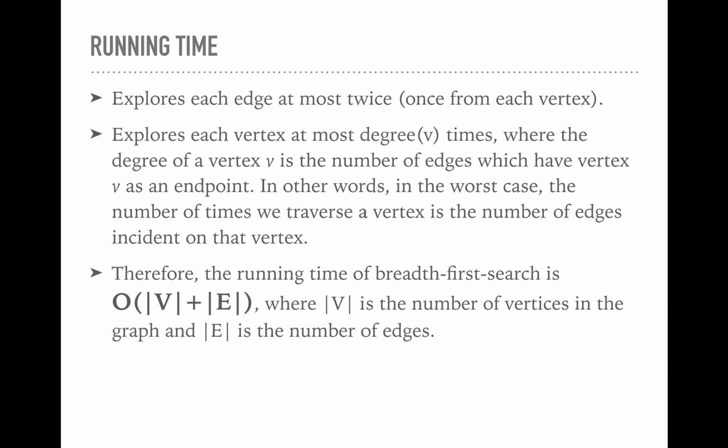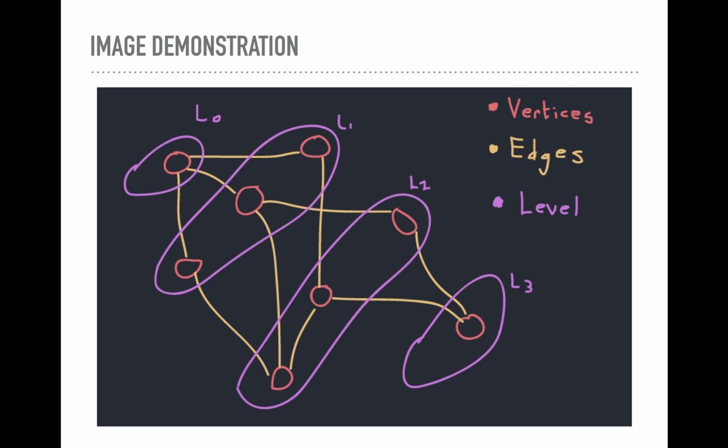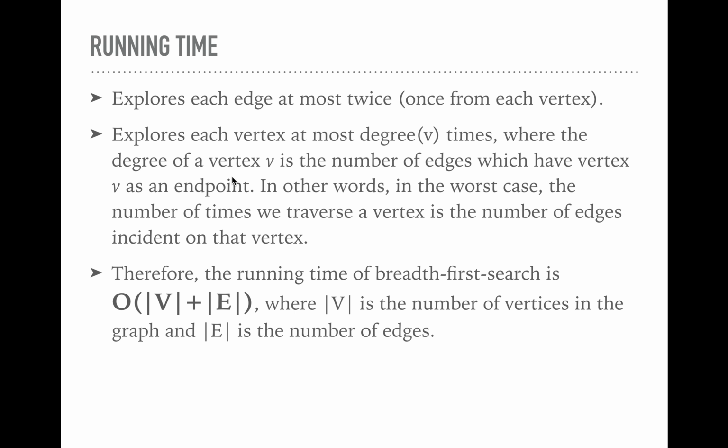So the running time is very similar to the depth first search running time. We can explore each edge at most twice, once from each vertex. Right? You can go this way or you can go this way. That's the only way you're going to get to this edge, through one of those endpoints. We'll explore each vertex at most degree of v times, where the degree of a vertex v is the number of edges which have vertex v as an endpoint. In other words, in the worst case, the number of times we traverse a vertex is the number of edges